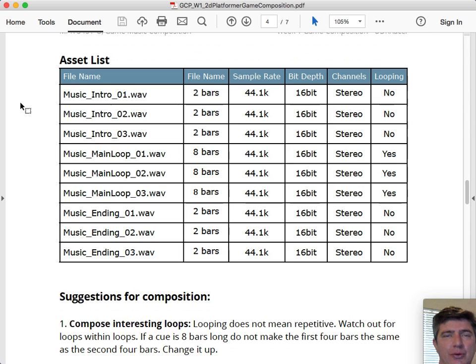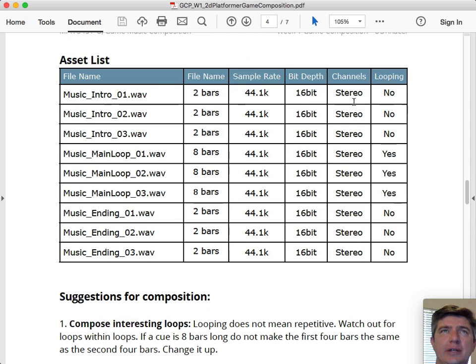So intros are going to build up and start the music. When the game first starts, one of these 3 random intro files will play. They have a very similar file name, but with each of the variations at the end. They are 2 bars long.